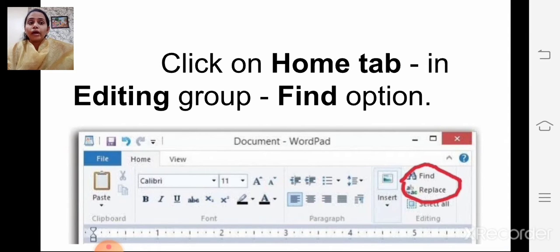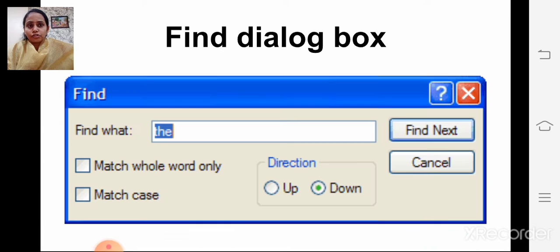When we click on the find option, we get a dialog box on the screen, like this window. This is the find dialog box. You can see there, Find is written on the blue bar.